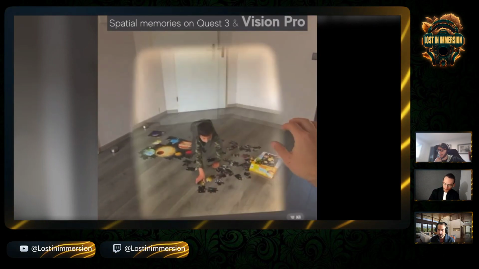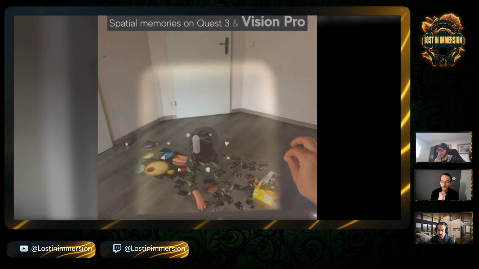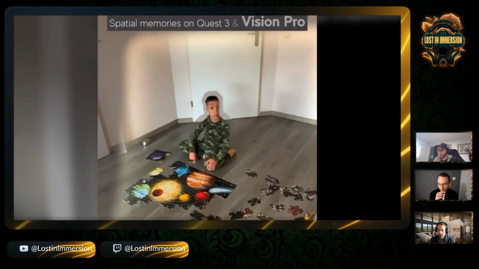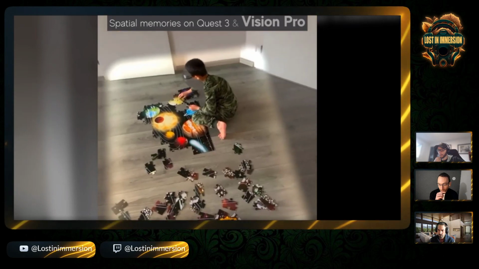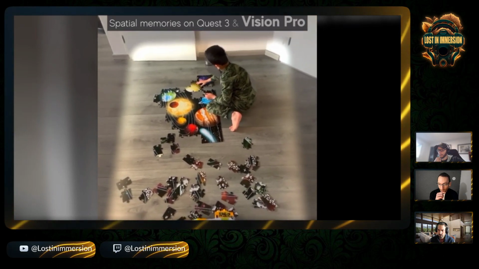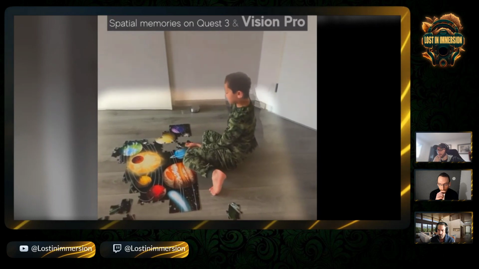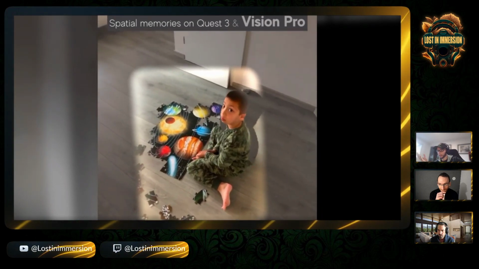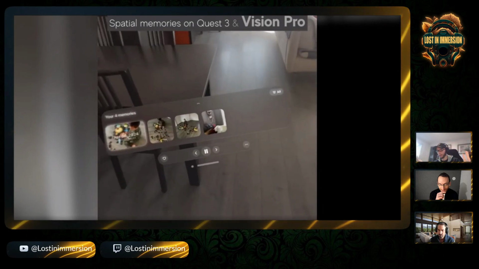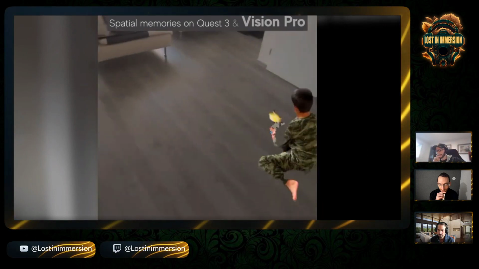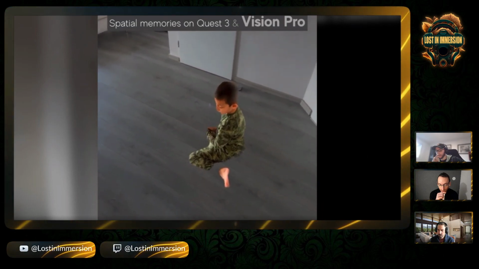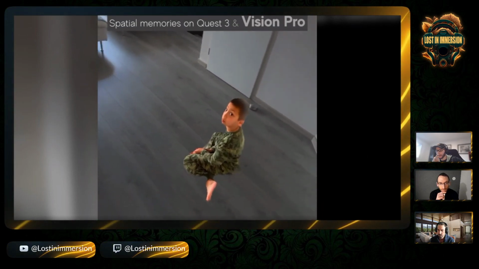So what's really the point if you have to be exactly at the same angle? But it's logical here. You can't have a 360 capture of something that you're looking at. You don't have this rig around you, so of course you can't have this 360 view of what you're looking at. But yeah, I'm not very